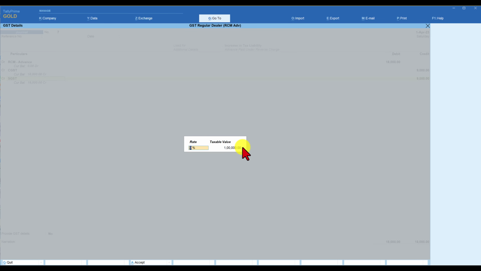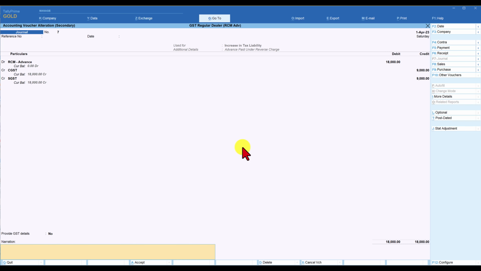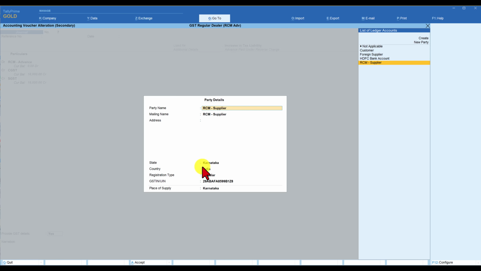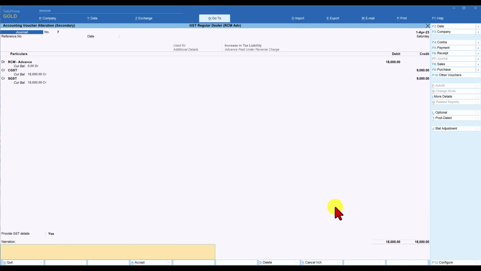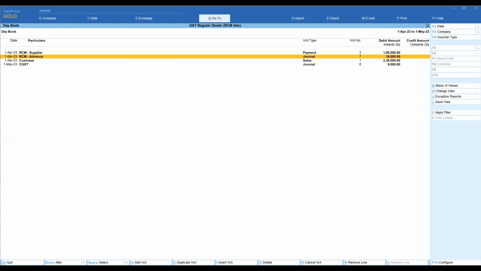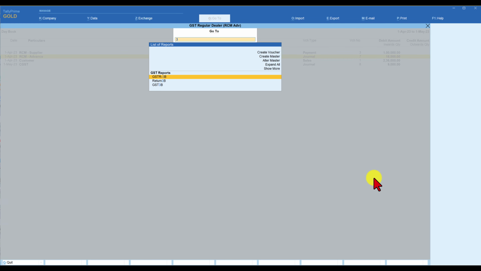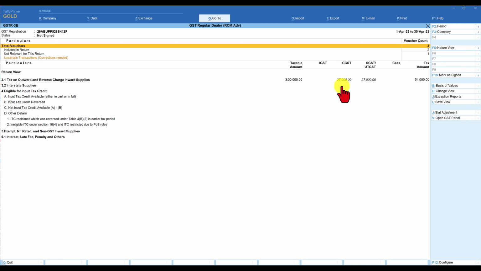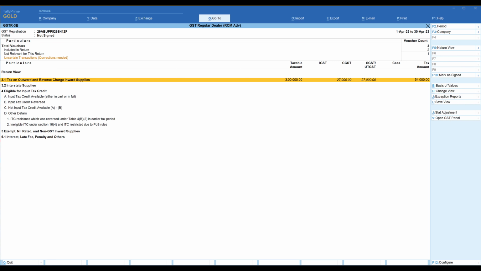Similarly for SGST, it will automatically pick up, and then we have to specify the GST detail, for which we again have all this information. This is the party to whom we have paid the advance, and the GST related information is captured here, and we save this. So now what we have done is we have paid the advance and accounted for the liability. So let us go to the GSTR 3B and see the impact of this transaction. I'm going to click on go to, press 3, select GSTR 3B, and for the month of April, you will see here the tax on outward